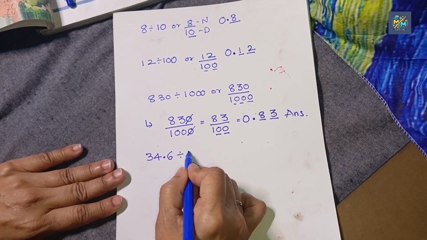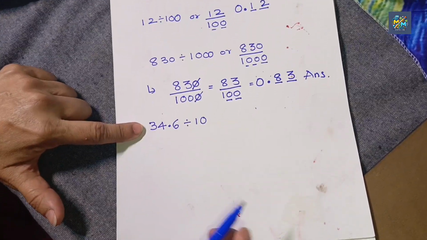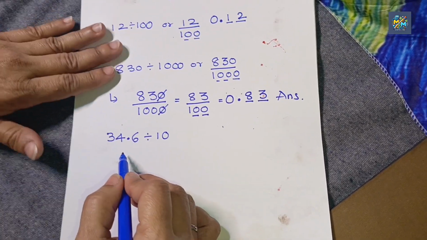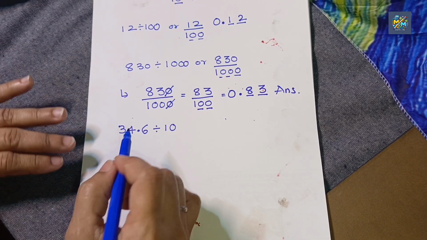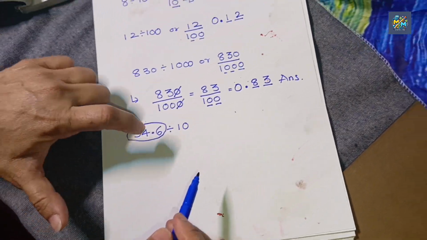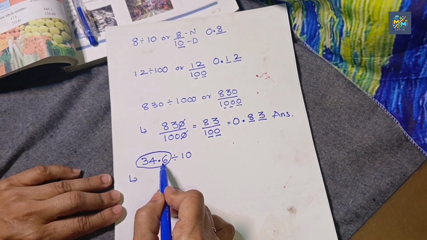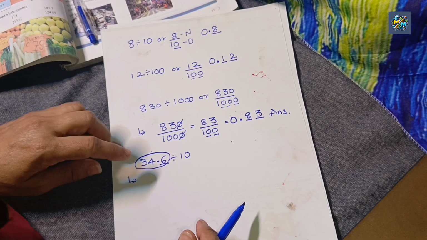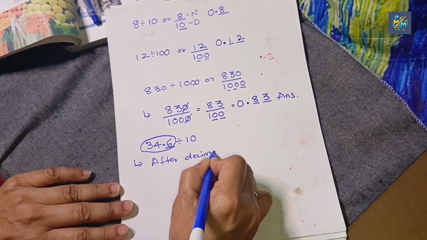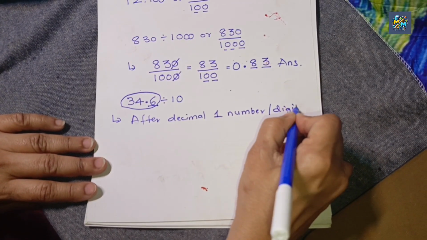34.6 divided by 10. Now see, in this sum there is a decimal. Prior to the answer, we can see a decimal over here. So my way of attempting this type of sum is a bit different. I'm just going to focus over here. How am I going to do that? Let's see. Now after the decimal there is one number. After the decimal one number, or digit, whatever you consider, means